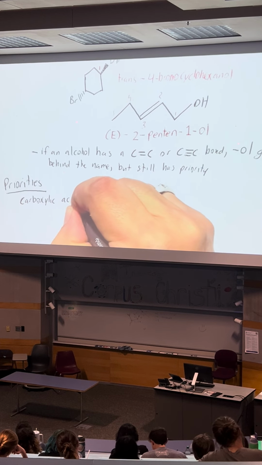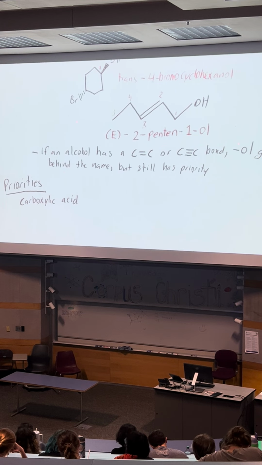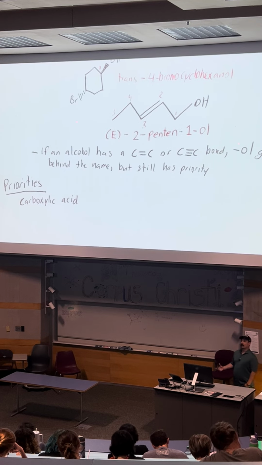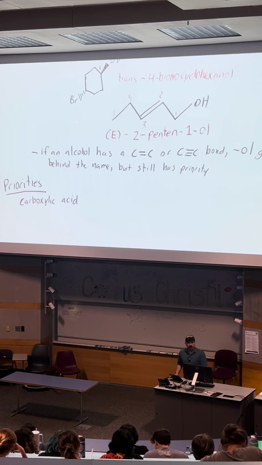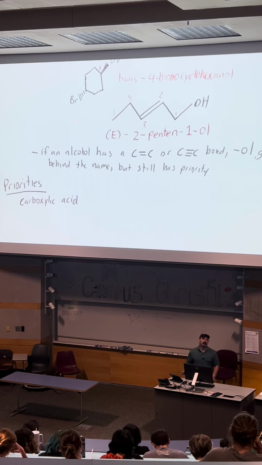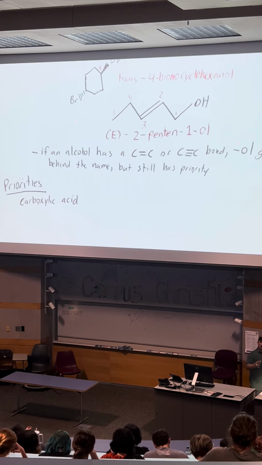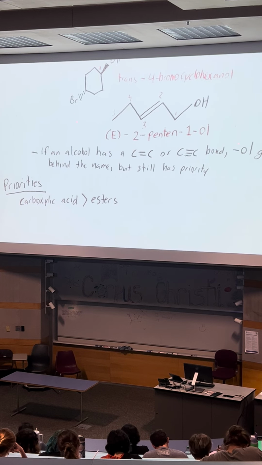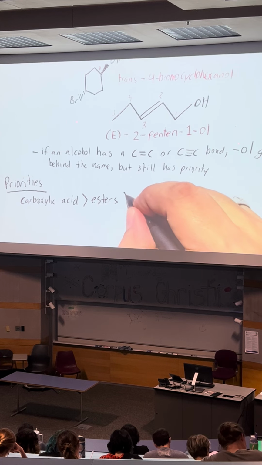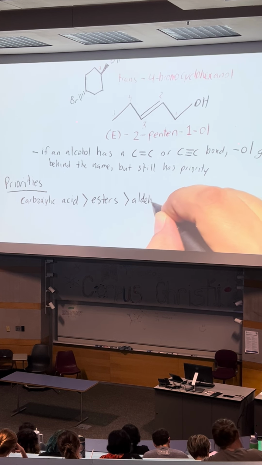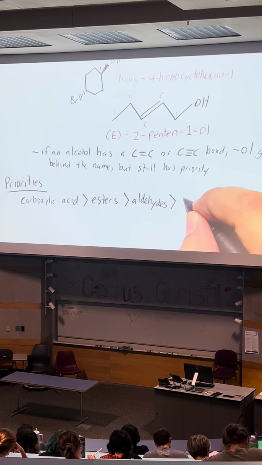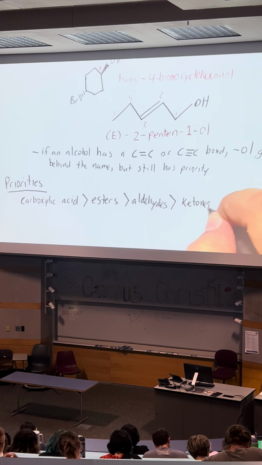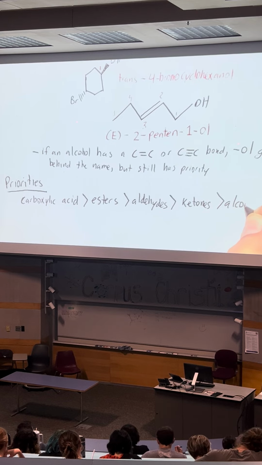Carboxylic acid, of all the functional groups, has the highest priority. What that means is you can have all the other functional groups on this list present on the molecular structure, but if there's a carboxylic acid present, in the nomenclature it is considered a carboxylic acid as the base name. The next one under that are the esters, which are a carboxylic acid derivative, followed by the aldehydes, followed by ketones, followed by the alcohols,